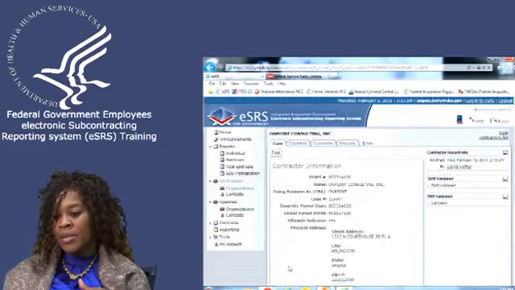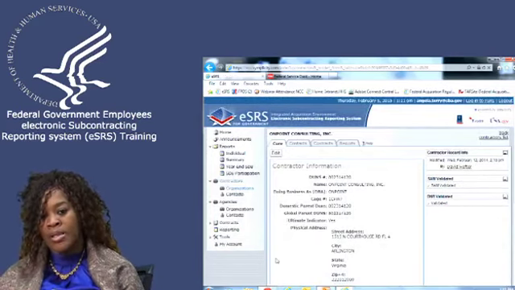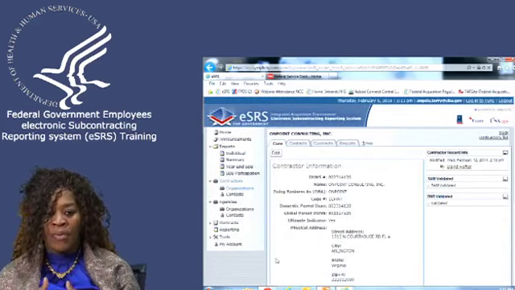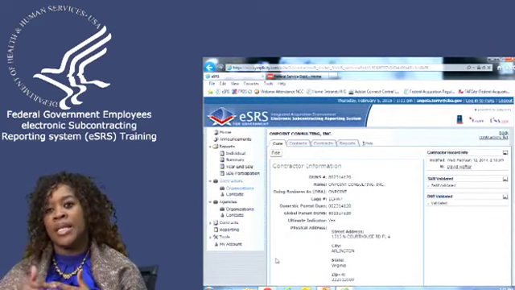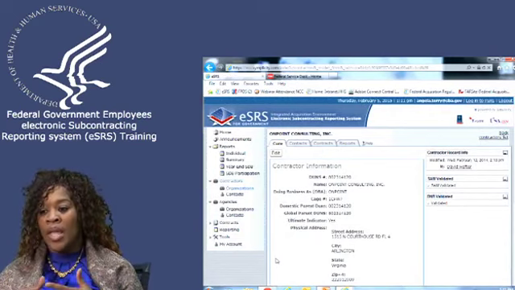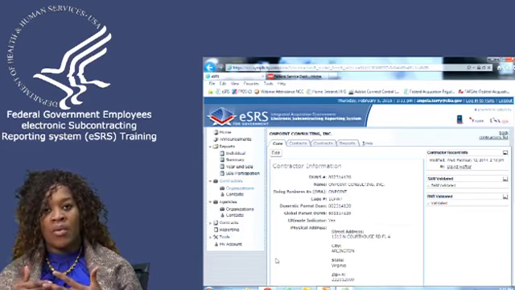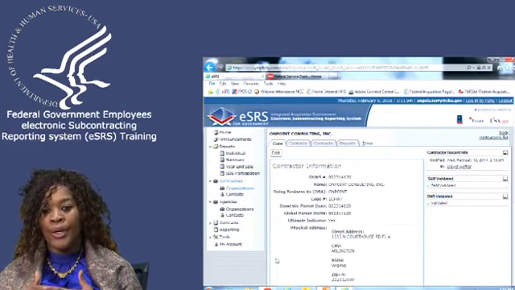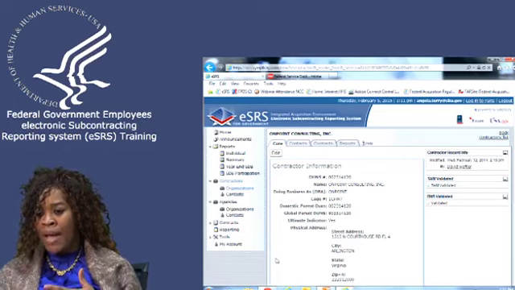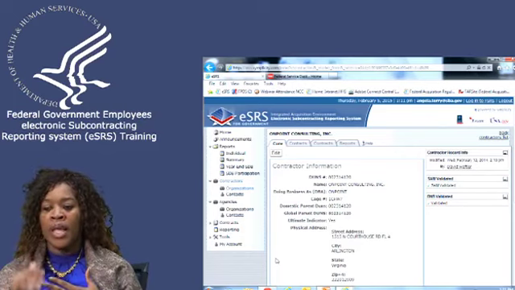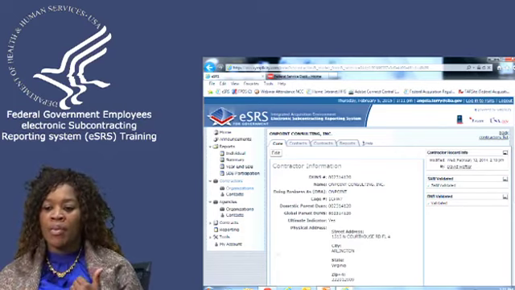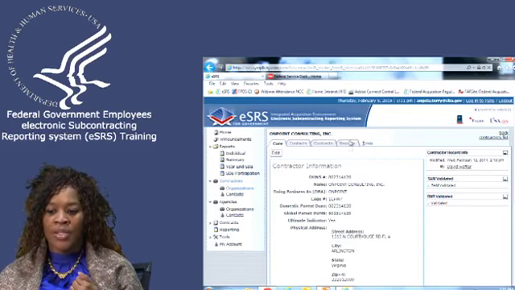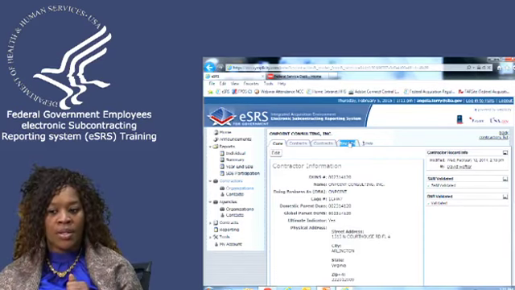Prior to eSRS, we had a paper-based system, whereas we would get these reports in, we would review them, we'll pick up the telephone or send an email to someone, let them know that we had some type of issue with the report, and then once we did that, we would wait on them to get back to us, and we'll end up putting something in either a contracting file, or we'll have some other type of file where we've communicated with the contractor. Now that we have eSRS, all the communications that we do goes directly into the report.